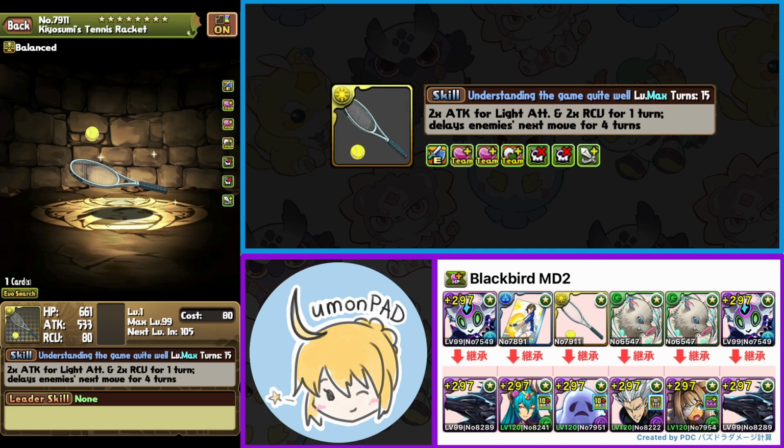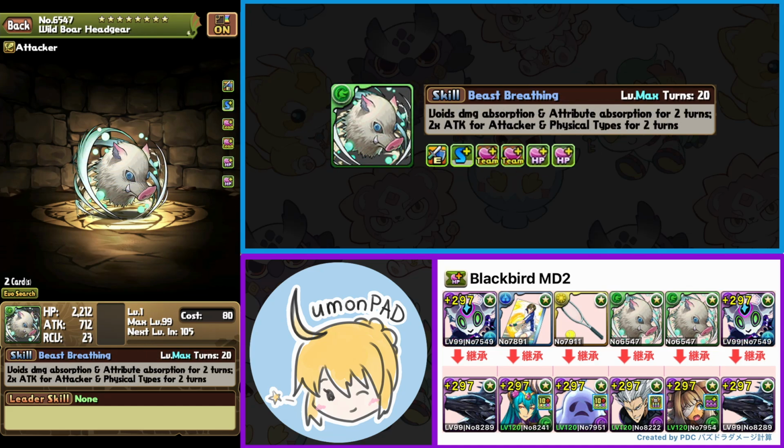Okay, next we have Kiyosumi's Tennis Racket on Ghostring. The Tennis Racket here is the delay. It delays for 4 turns, which helps me get Blackbird up in time in the final transform. And not only that, but the Tennis Racket also provides team HP and a team recovery. So it just augments my survivability even more. And then last but not least, I have Boar Head on both Garou